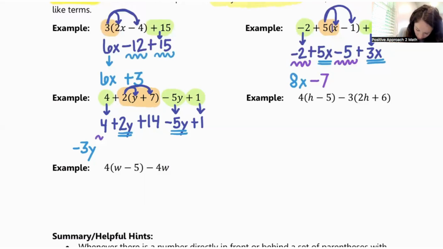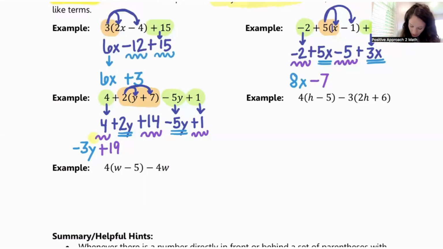So I will do 4 plus 14 plus 1. So 4 plus 14 is 18. 18 plus 1 is 19. So that will become negative 3y plus 19. I worked just left to right on adding those. And as you can see here, I like